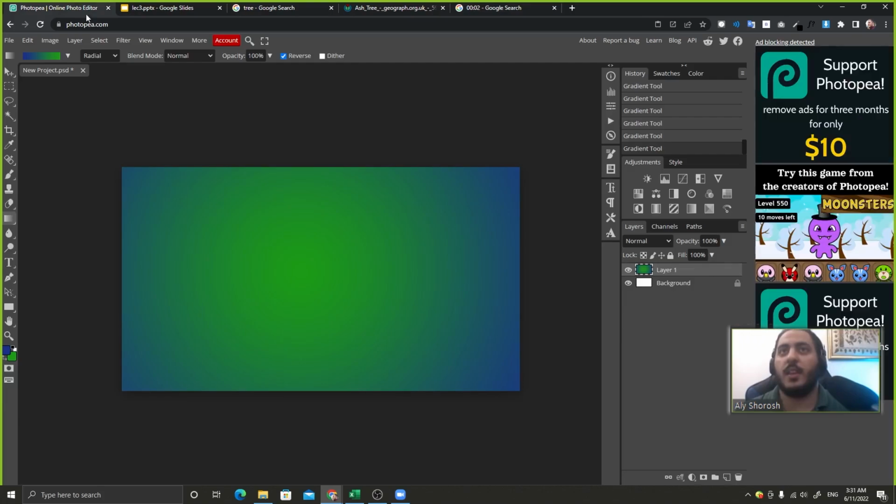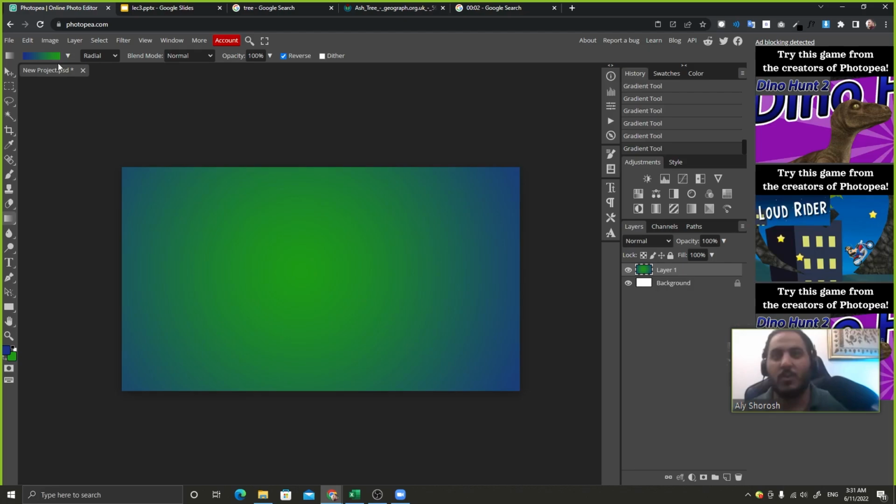Okay. Let's have an advanced look. Let's jump more into the gradient and learn more advanced things. So now we know how to make the gradient between two colors that we choose, between the foreground and the background. What if I want to make a gradient of more than one color? Like for example, this